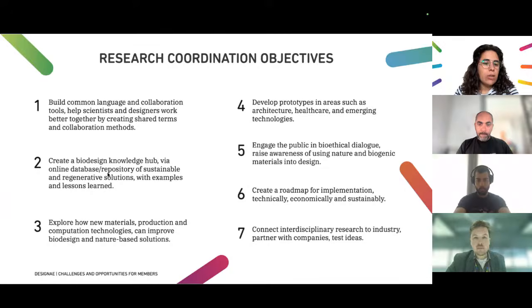The second one is how can we create a biodesign knowledge hub, so an online repository of solutions with examples, lessons learned, so specific cases that are developed within the network and that we can showcase online. The third one is exploring new materials, production and computation technologies to improve biodesign and nature-based solutions. The fourth one is developing prototypes in different sectors, so architecture, healthcare, emerging technologies,